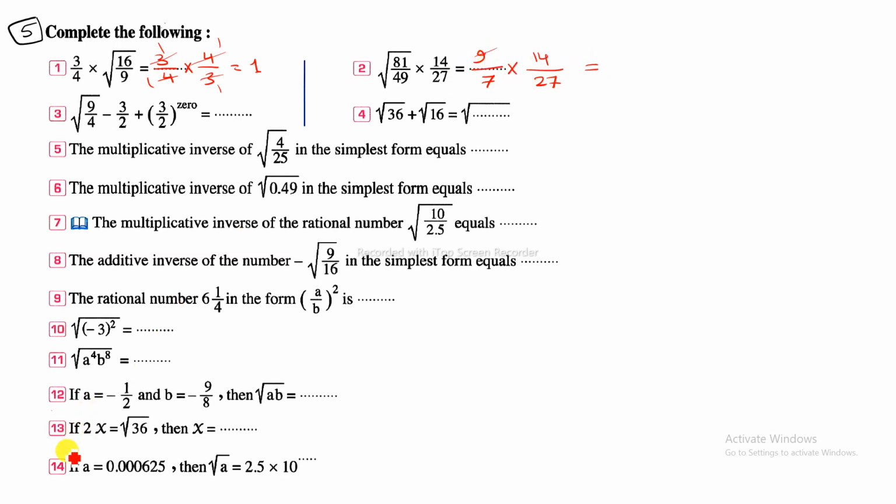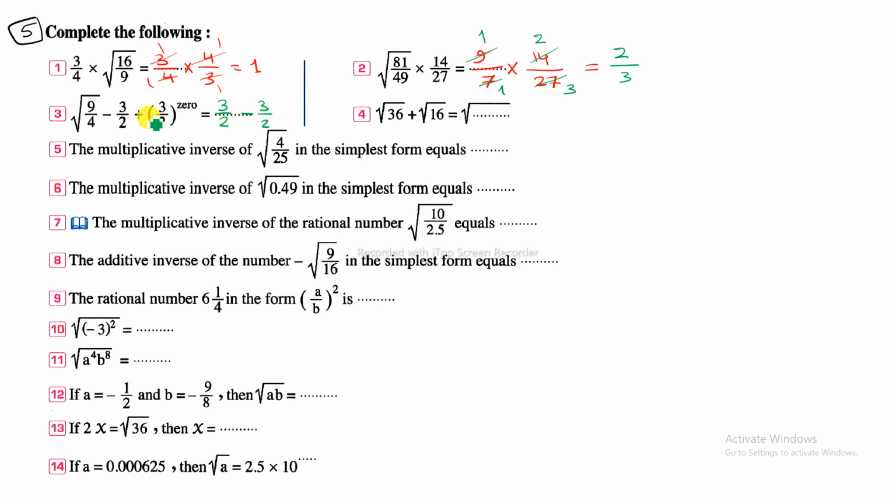9 and 27 are divisible by 9. Divide by 9: 27 divided by 9 is 3, 9 divided by 9 is 1. 14 and 7 are divisible by 7. Divide by 7: 1. Divide by 7: 2. So here 1 times 2 is 2, 1 times 3 is 3. In the same way, the square root of 9 over 4 is 3 over 2, minus